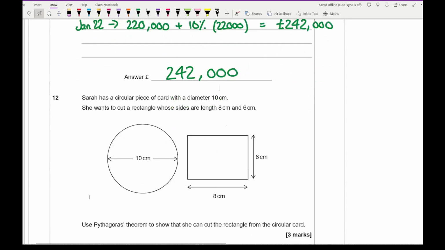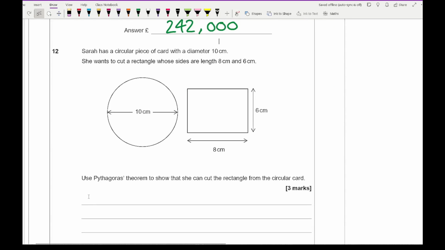Moving on to question 12, it says Sarah has a circular piece of card with a diameter of 10 centimeters. She wants to cut out a rectangle whose side lengths are 8 and 6. Use Pythagoras' theorem to show that she can cut out the rectangle from the circular card. So from this, what we need to do is work out this length here and compare that